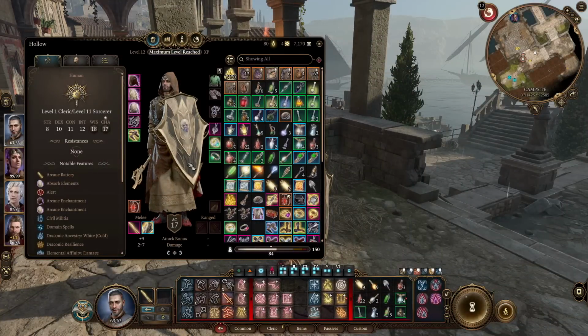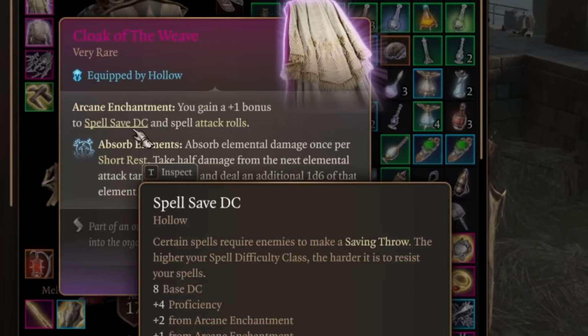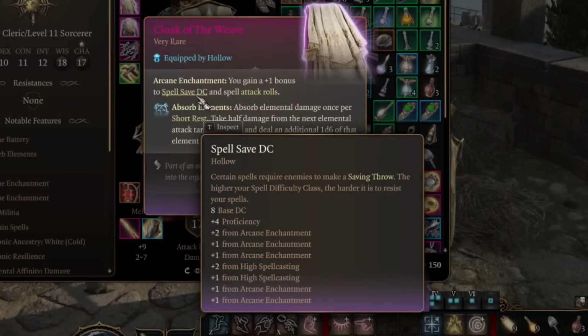In terms of gear, it is anything and everything that's going to provide spell save DC. Certain spells require enemies to make a saving throw, like many of your control ones, so having higher spell difficulty makes it hard to resist that. We get a good amount of that from our base setup, but there's a lot you get from items that